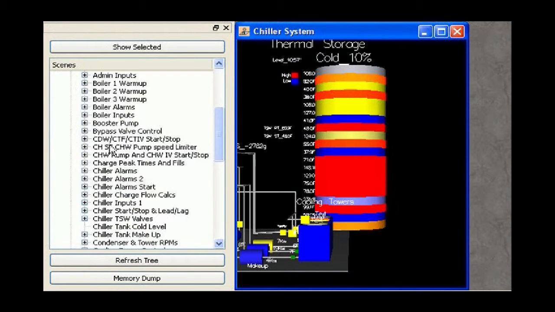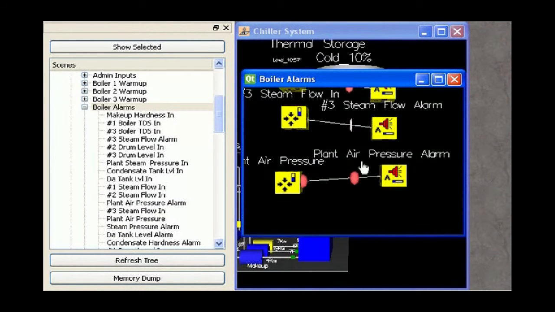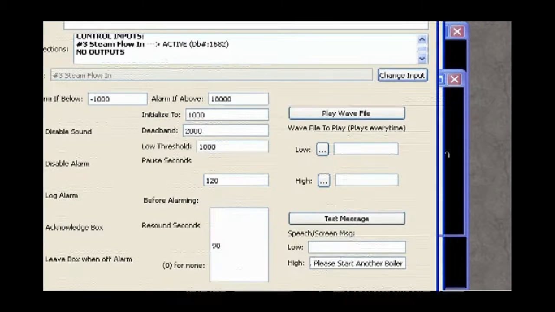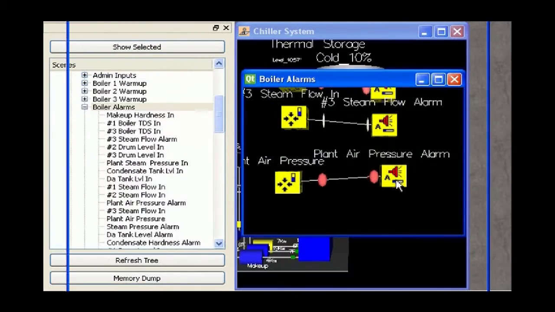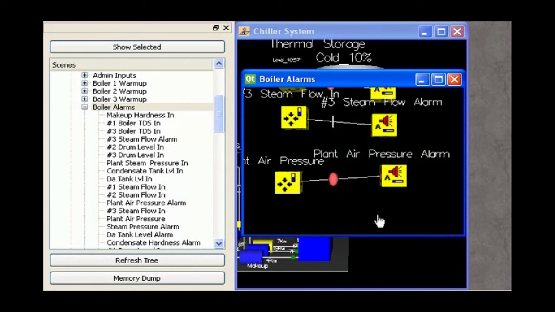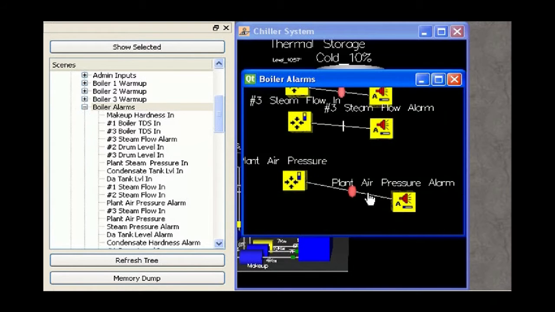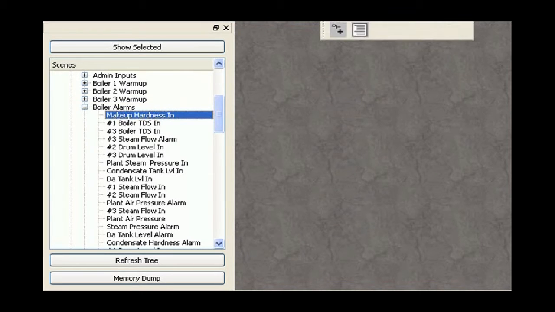It'd be interesting how I pass that information on. Here's boiler alarms to Unreal over the internet if you're looking at any particular thing. You click on alarm, and it shows you all the different parameters you can set for the alarms. You know, where you can play a WAV file, or you can play a text. And if you want the alarm to log, if you want an acknowledge box to pop up so that someone has to actually acknowledge the fact that the alarm has taken place, which is really important in power plants. You want the people to know that you've had an alarm, you know. Otherwise,